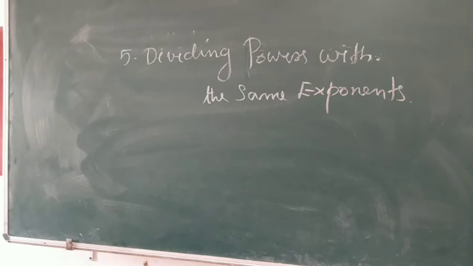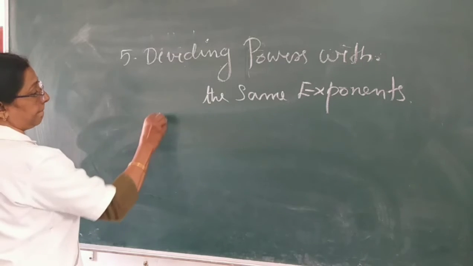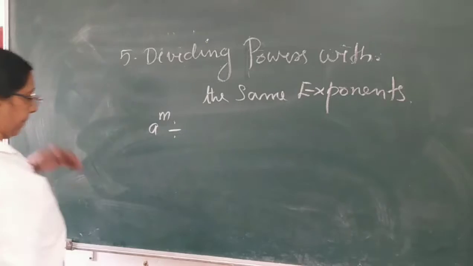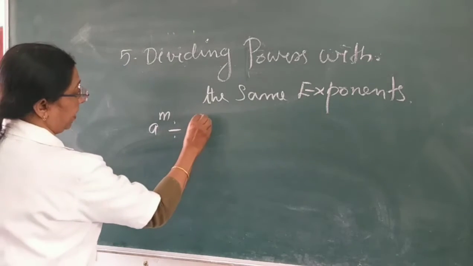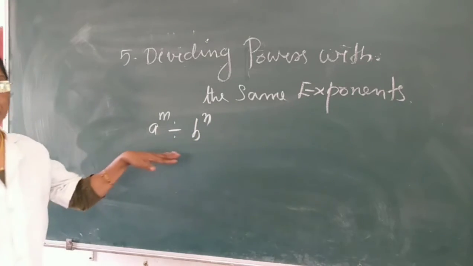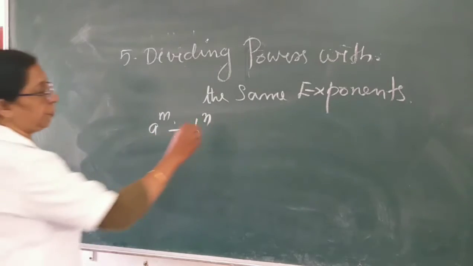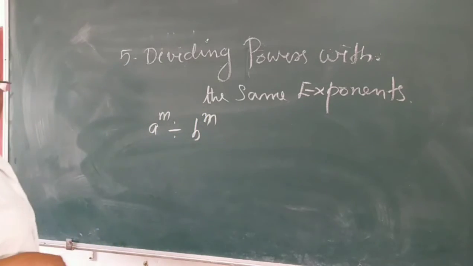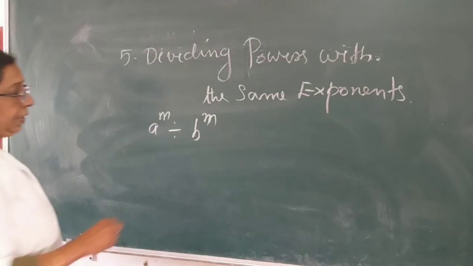That is a raised to m by b raised to m. See, different bases and same exponents. a raised to m divided by b raised to m is equal to